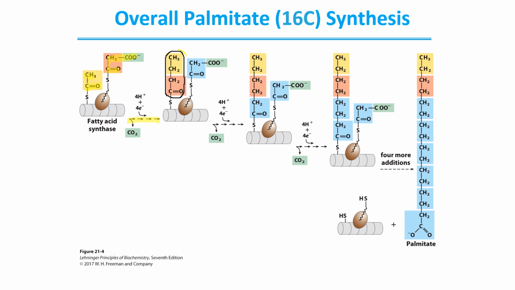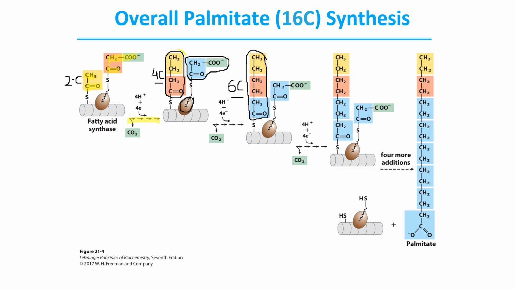In the next cycle, again we bring a malonyl CoA molecule, which is a 3 carbon molecule, attach it with this ACP protein. These two condense or join together, and this 4 carbon chain at the end of next cycle of 4 reactions will result in this 6 carbon chain that we see in the second step. So in each round of 4 reactions, basically we are adding up 2 carbons at a time. So we started off with the 2 carbon acetyl CoA. After 4 reactions, we got to the 4 carbons, and then 6, and then 8, and then 10, and the